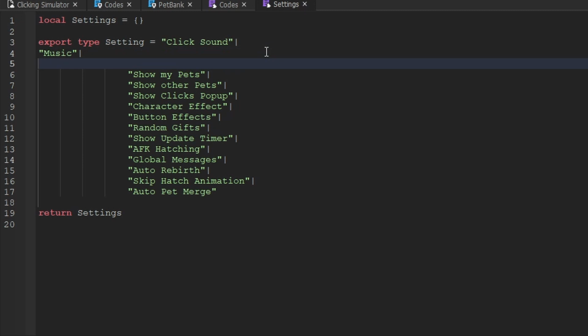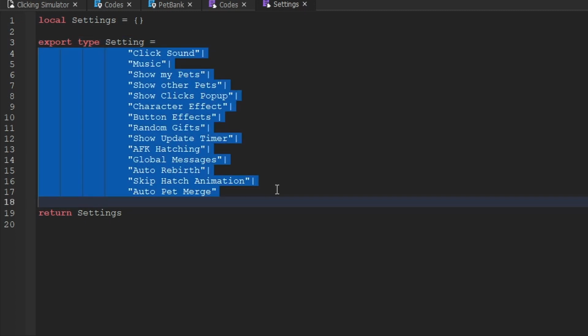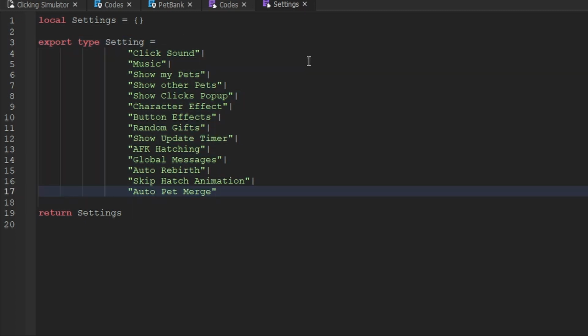Now, I think there's a better way to properly format this for the IDE, because when you hit enter, we can see that this goes all the way to the beginning of the line. I'm just really not sure how Roblox intends for us to do that, so that's why I created the union like this. Now, I recommend that you include all of our settings into your own module script so that you can follow along and see how we implement them. But of course, you can choose to use whatever settings you prefer.